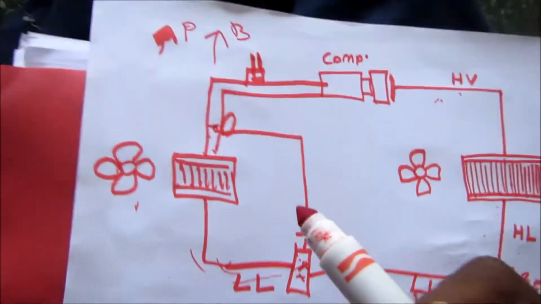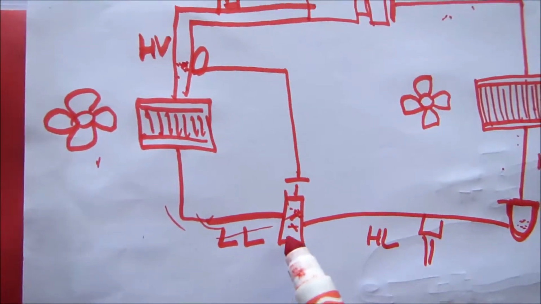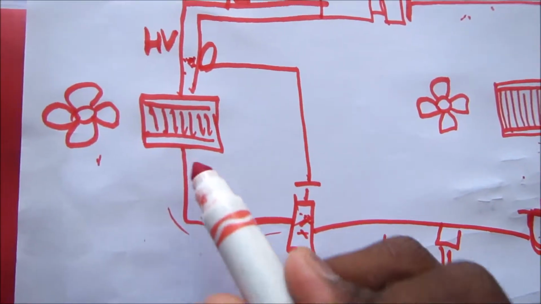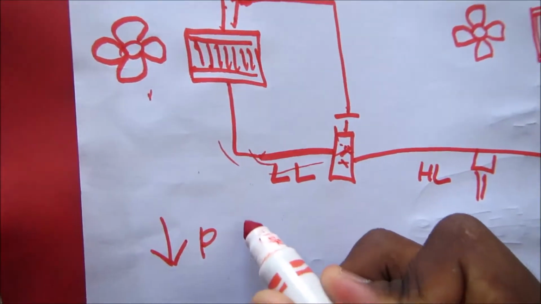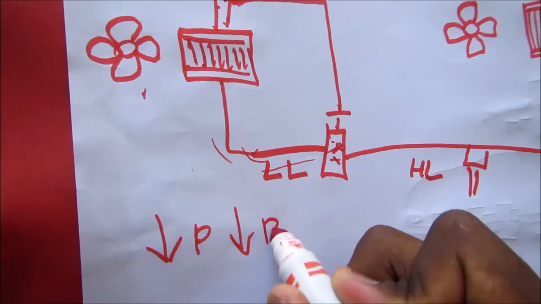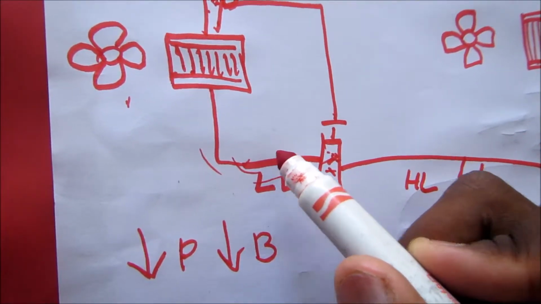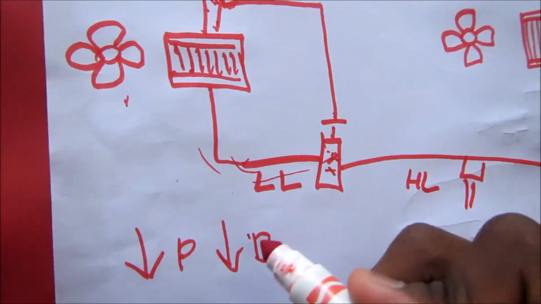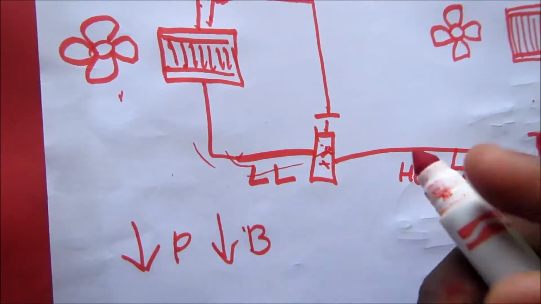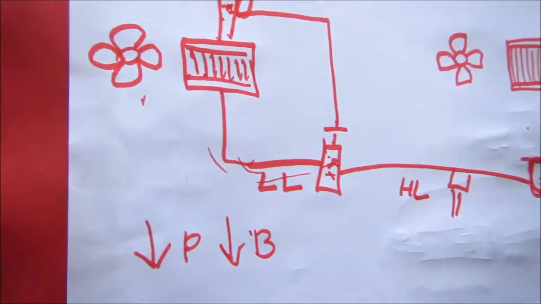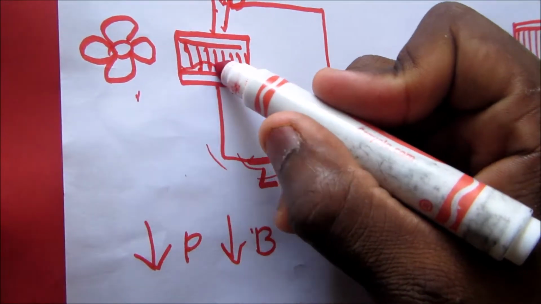Now the way all this works, right? This is now high pressure vapor. As the low pressure liquid goes in, it is now low pressure. You decrease the pressure, you also decrease the boiling point. Now that the boiling point of this liquid is so low, almost any temperature can boil this refrigerant. And whenever you boil a fluid, it removes heat. So as this liquid goes into the evaporator,